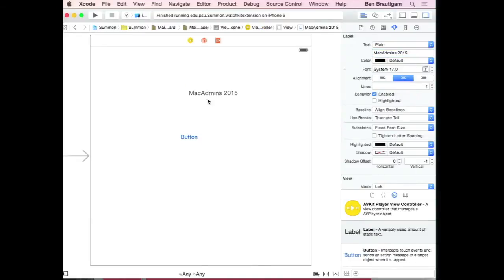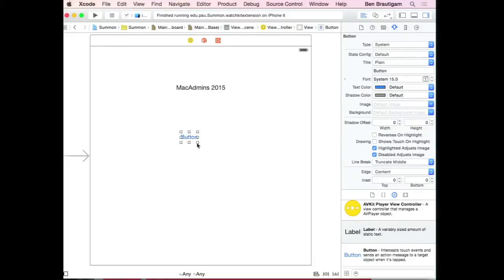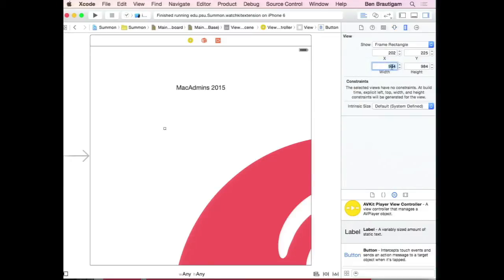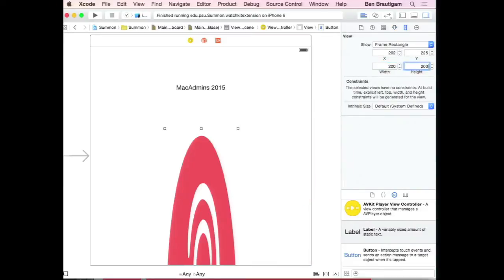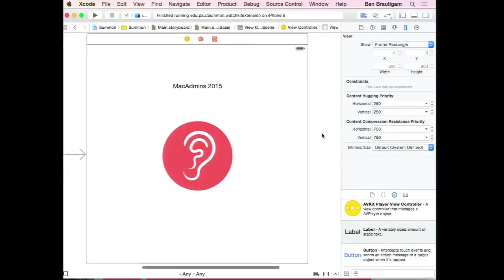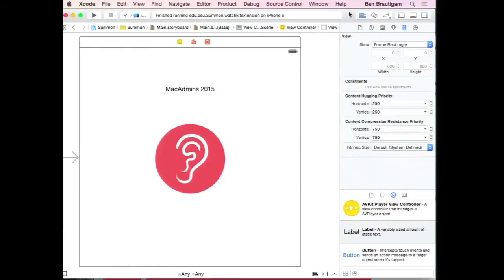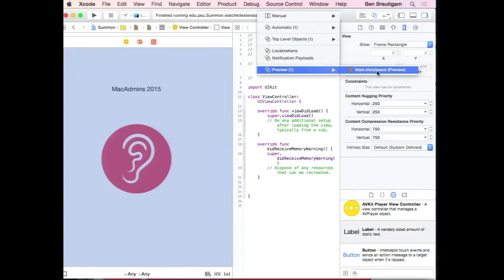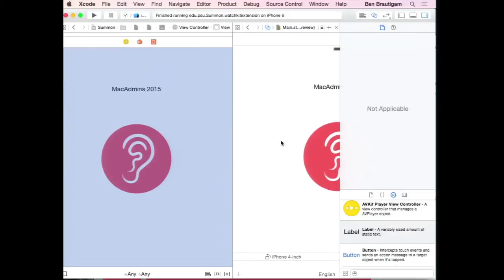I'll center that up nicely, place it here. And then this button, I can reuse the same image I do in the watch right here. And then with just a little bit of tooling of the same code I use for the watch, I can have the same functionality on the phone. But rather than running this in 5 different simulators to see what it looks like, Xcode has a really nice feature where I can do some previews of the storyboard right in here. So here's how it would look